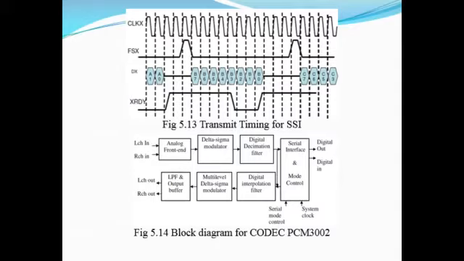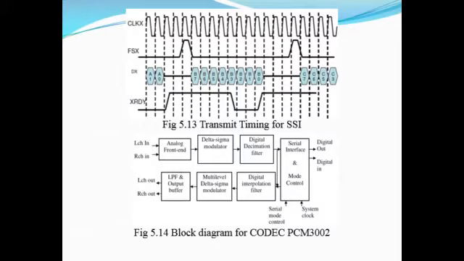and XRDY. We can see that whenever there is a change in the clock, during the rising edge, the data is transferred. Normally it is A1, A0, etc., and B7, B6, B5, B4 till B0, C7 to C3, etc. These are the bits in the data which are being received or transmitted. In this diagram, these are the four signals wherein all these operations are done with respect to the clock, in synchronization with the clock.